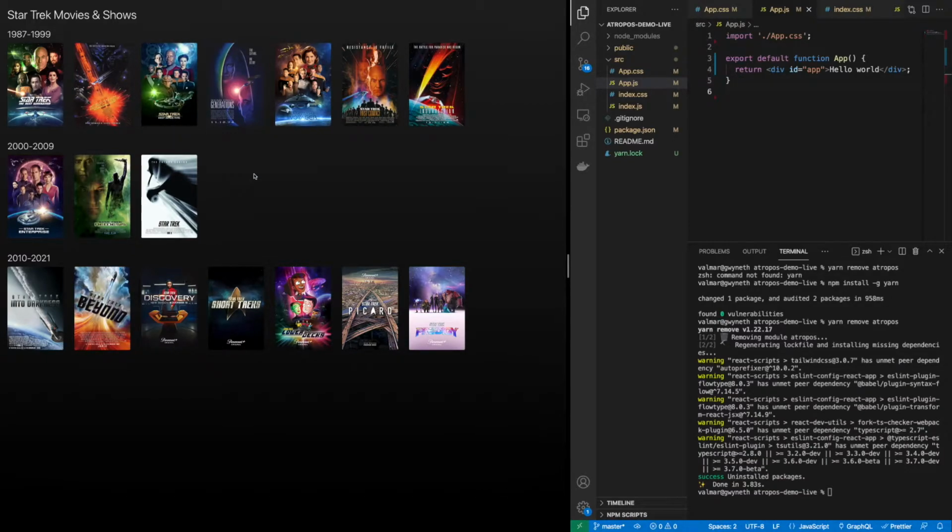Now we're not going to create this effect on our own. We're actually going to use a library which is called Atropos. It's pretty new, but I think it's pretty cool. It's from the same guys who created Swiper.js and Framework 7, so you can be sure it's working well, and it's actually very easy to use. But first things first,